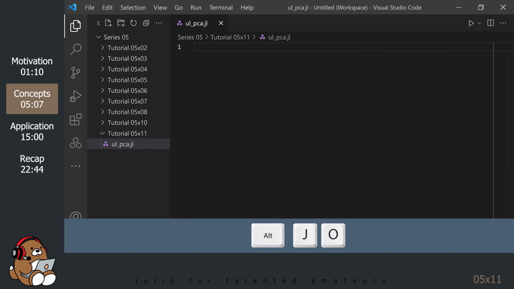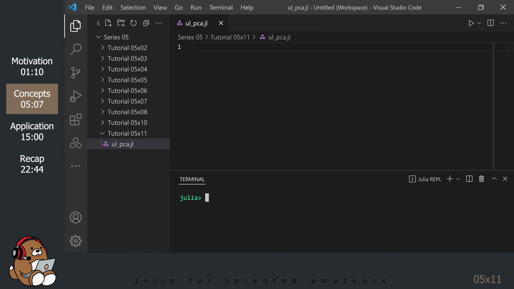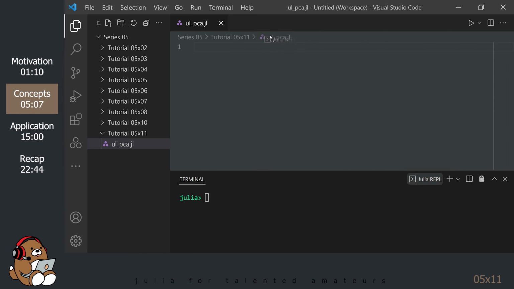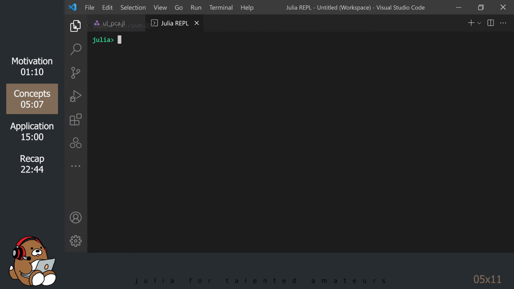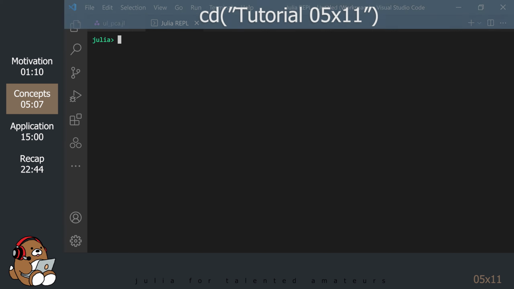Launch the Julia REPL by using Alt-J, then Alt-O. For this tutorial, I'm going to dock the REPL panel in the same panel as my editor. In the REPL, change the present working directory to your tutorial directory.